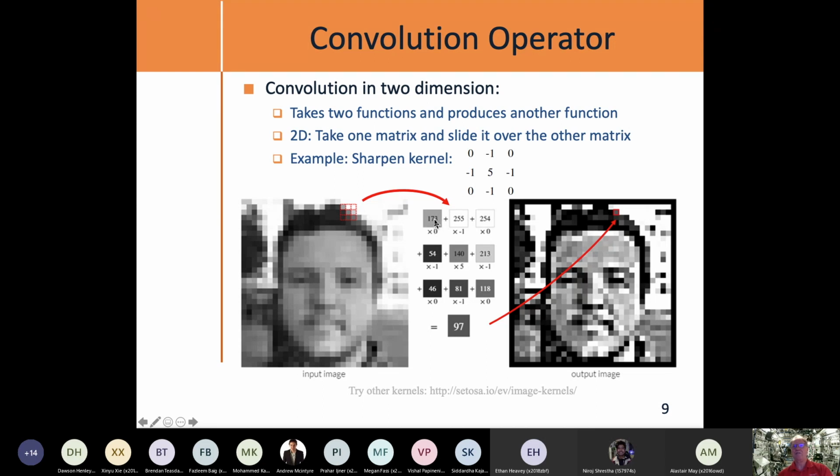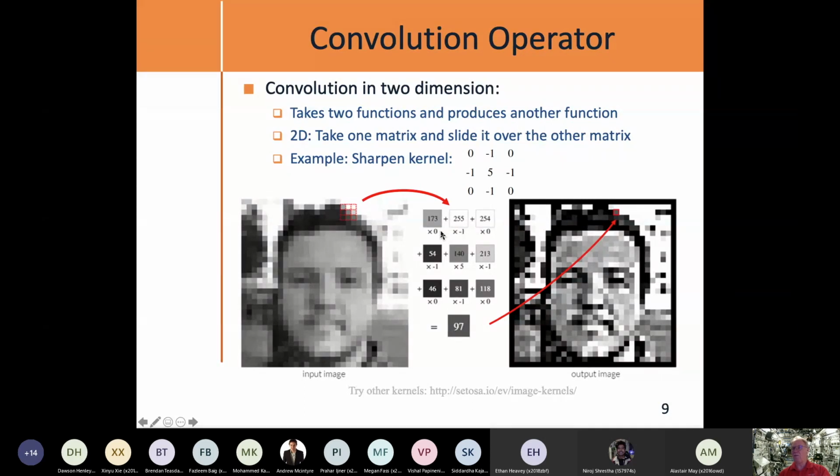We would take the value of this gray pixel right here, which is 173. So if you look at this 3 by 3, bring it over here. Here are the values, grayscale pixels. That's 173. This is 255 because it's bright white. 254, step down. This one's 54, 140, 46, etc. We take the pixel value and we multiply it by its corresponding value in its kernel. So that's 173 times 0 plus 255 times -1, 254 times 0. We do that all the way down and we add those all together.